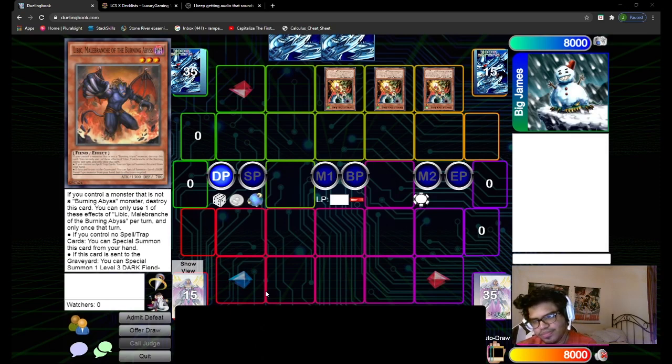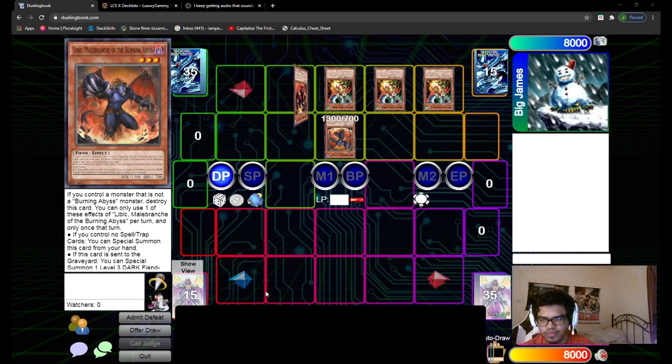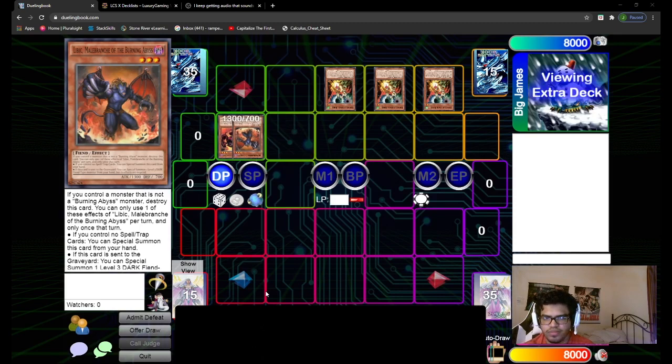First we will reveal the other BA. In this case, it's Libic. Then you will normal summon the Graph, overlay into Dante, and since this was, since we didn't start with